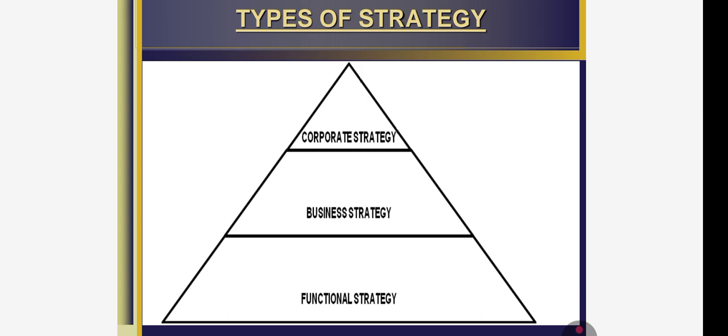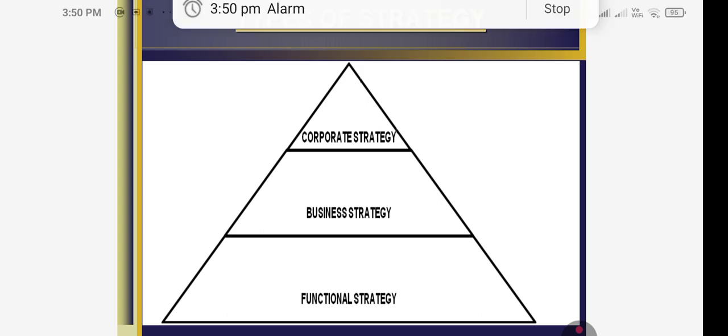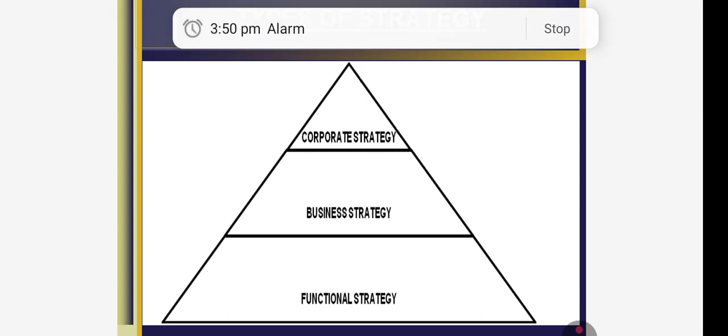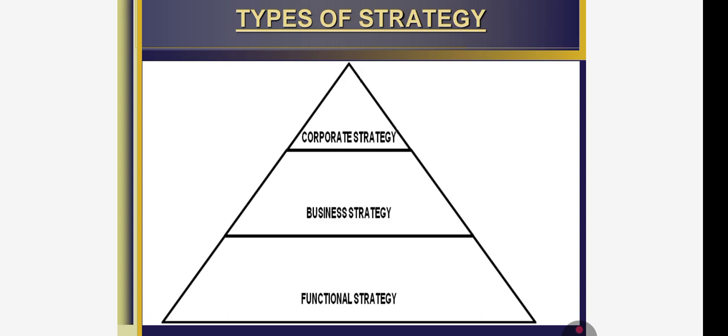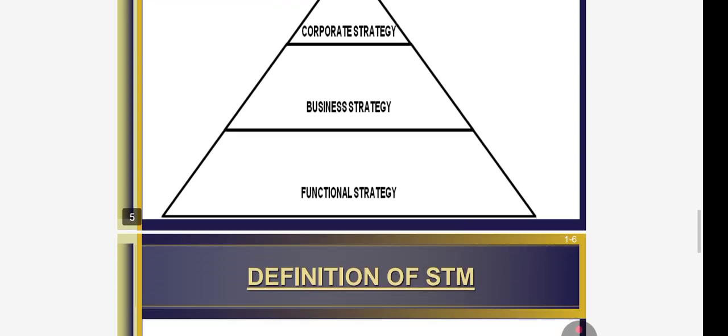And functional units of the organizations are involved in higher level strategies by providing input into the business unit level and corporate level strategy, such as providing information on resources and capabilities on which the higher level strategies can be used. So once a higher level strategy is developed, the functional unit translates it into discrete actions and plans, so that each department or division must accomplish those strategies for the successful achievement of the overall goal of the organization. So this is how the three levels of strategies are working.